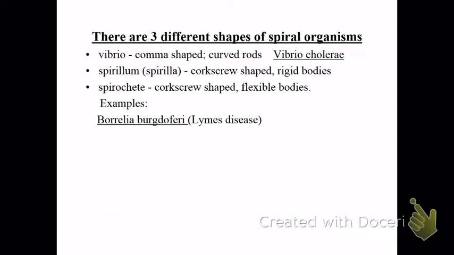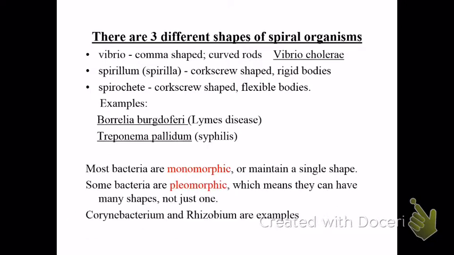Okay, and then we talked about some spiral organisms, and these are really interesting. So there's Vibrio. It's a common shaped curved rod, and if ingested, it's a fecal contaminant. All you have to know is what's on the slide, but it makes it a little bit more interesting if you know what it is. But cholera is